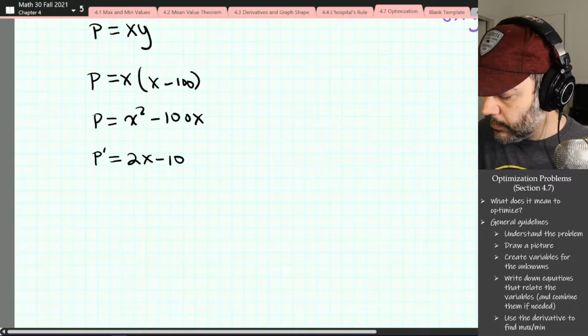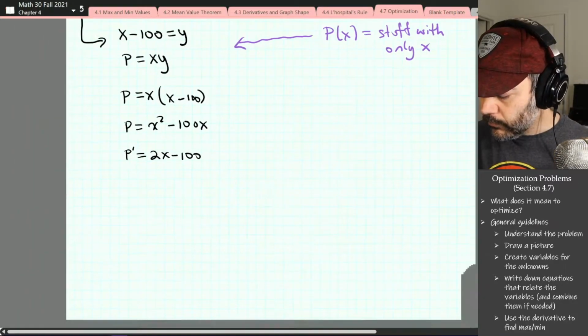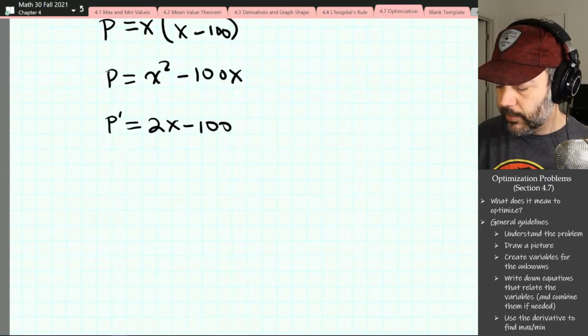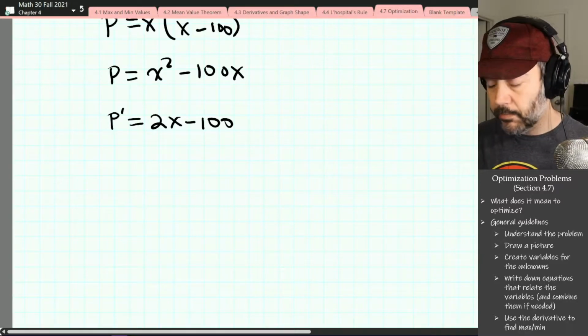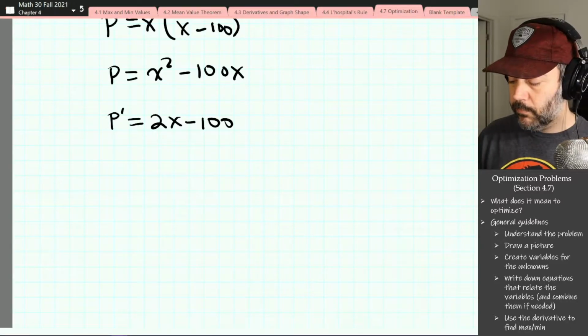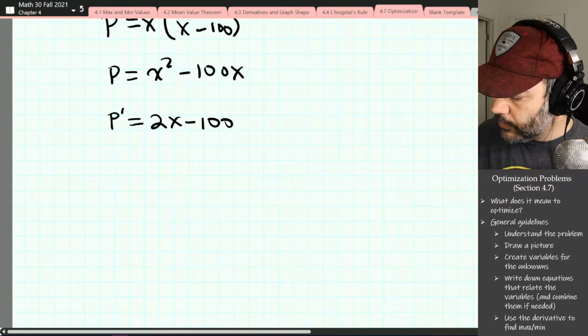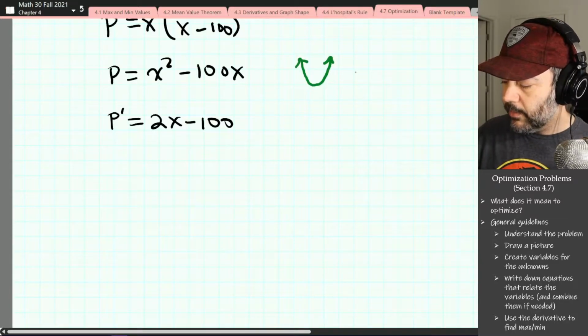2x minus 100. A minimum, excuse me, I forgot. Yeah, we're minimizing the product. A minimum of this is going to be at a critical value. Oh, by the way, just a little comment. Do you notice that this has got to be a parabola that goes this way because the leading coefficient is positive? That's good,